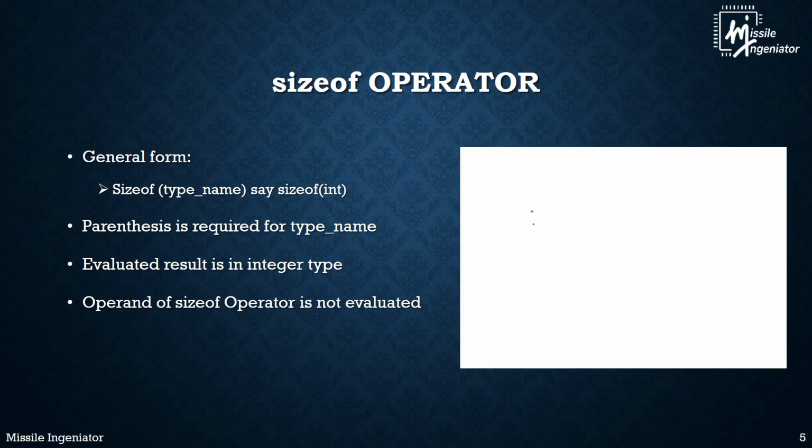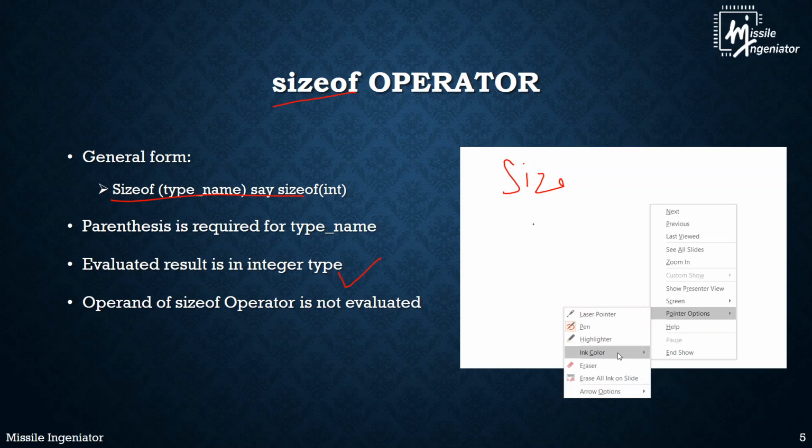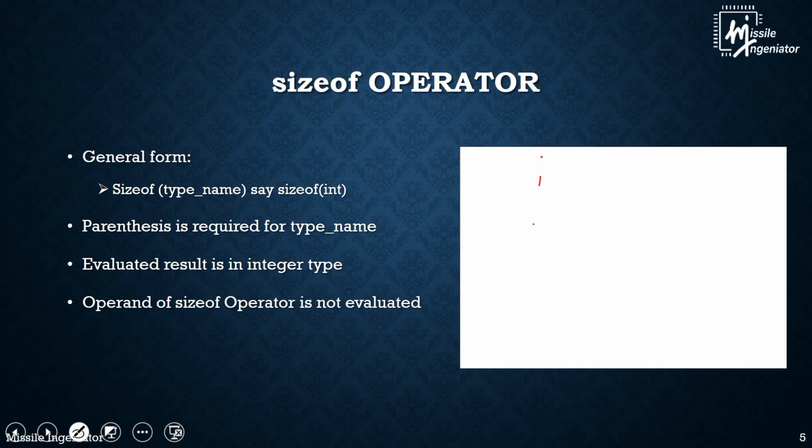So the next thing is the sizeof operator. Basically, the sizeof operator is used to return the size as an integer type. Before starting that, let me give an example. Like I am declaring an integer variable, int a. So if you say sizeof a, then as this variable is an integer, it returns its size.